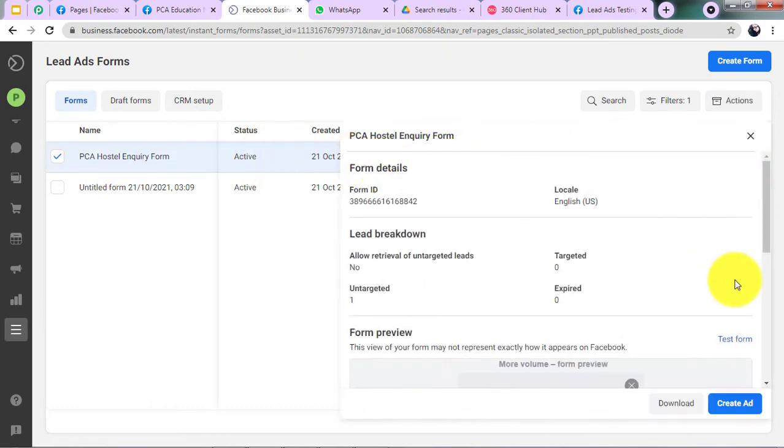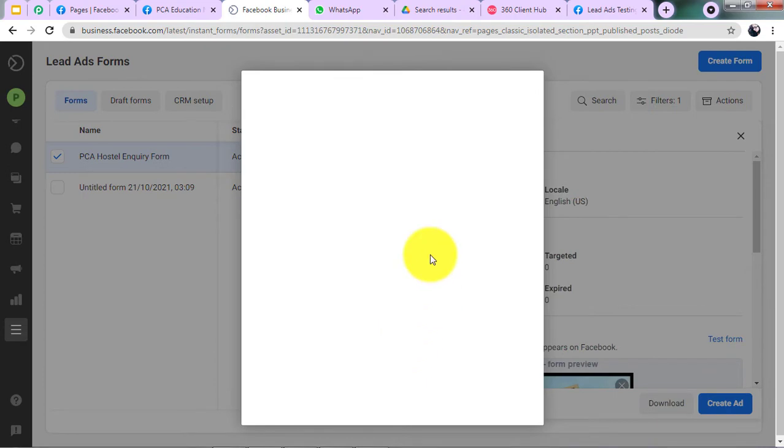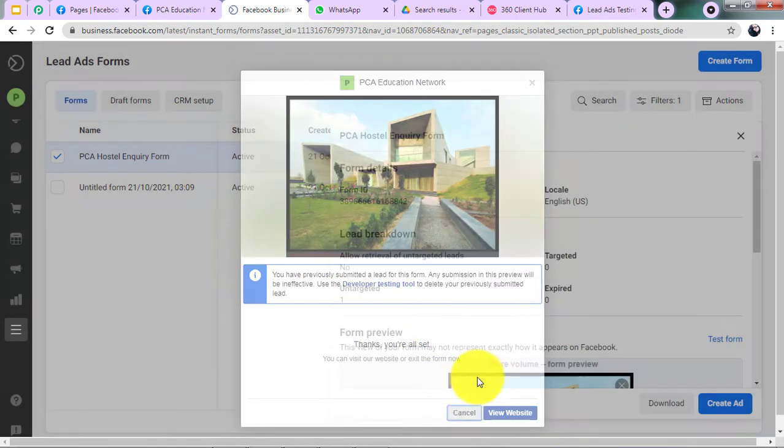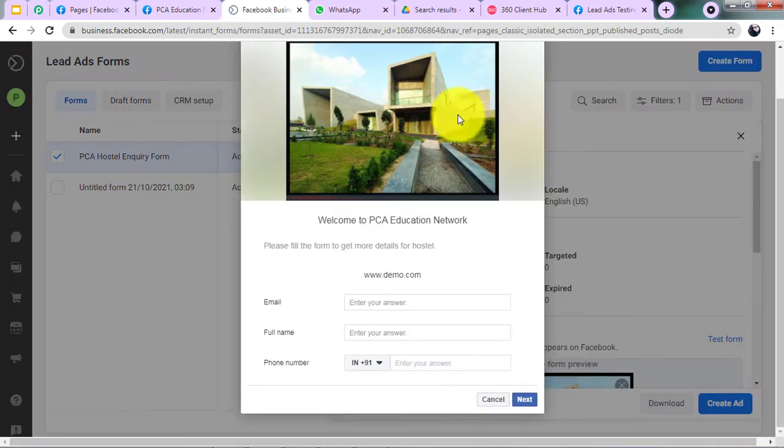Let me show you it as well. Once we click on this test form, you can see this form will be available. Let me make it clear. So this is the form. Every time a person fills and submits this lead ad form, the message will be sent